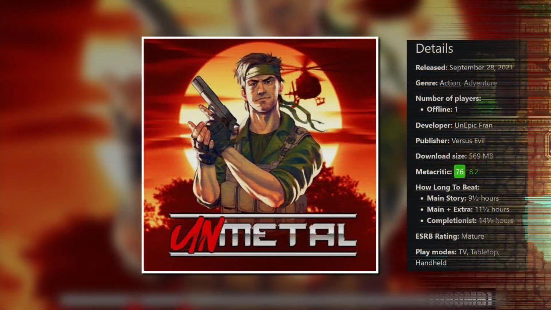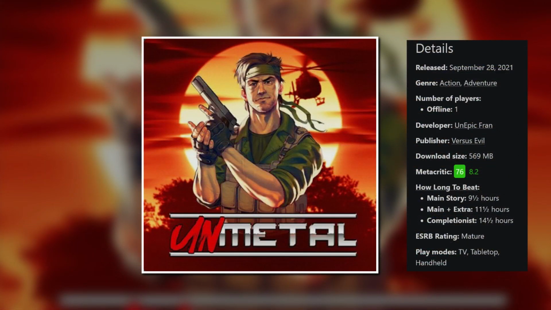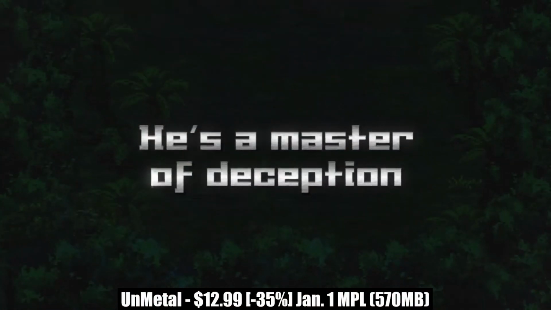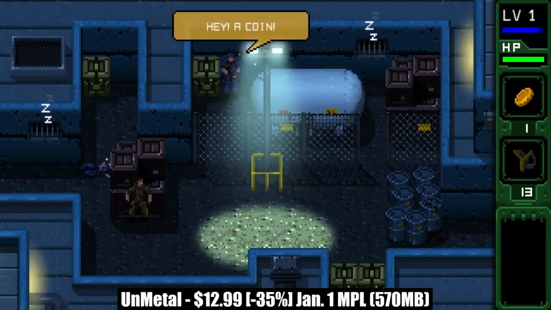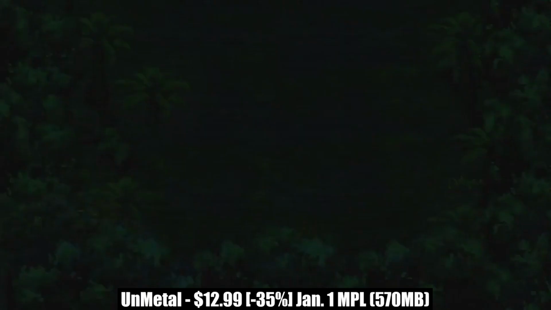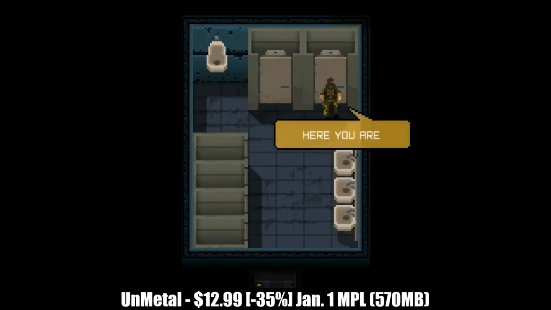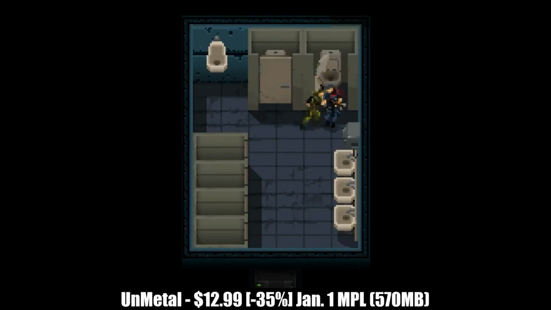UnMetal is a single-player comedic take on the Metal Gear series and comes to us from Versus Evil with a download size of just 570 megabytes and a main story that will last more than 10 hours. In this one we play as Jesse Fox, a man who was imprisoned for a crime he didn't commit. We retell the story to the audience while we're being interrogated upon our return from being imprisoned, and the gameplay